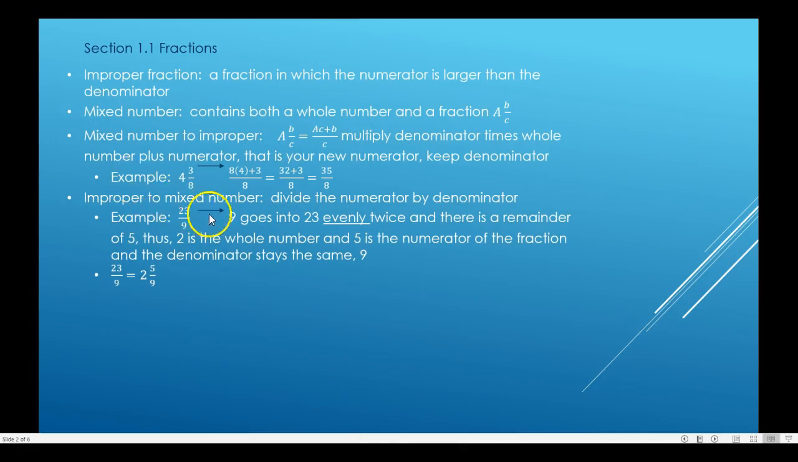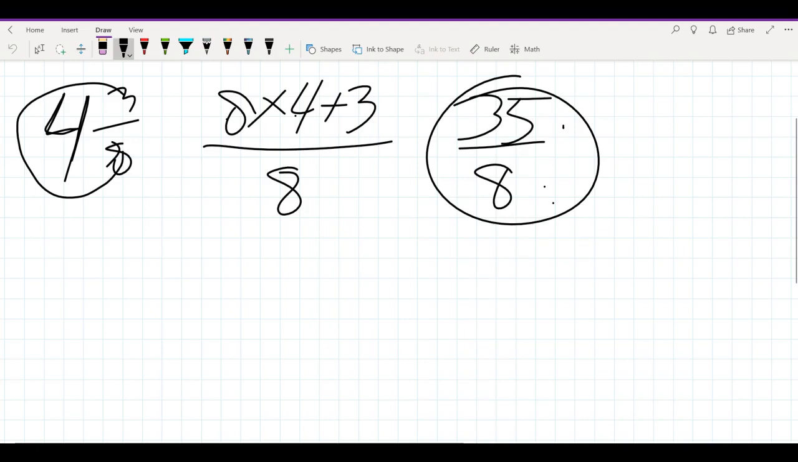Now to turn an improper fraction to a mixed number, you have to use your skills of division. You take the numerator and divide it by the denominator. So let's look at 23 over 9. You have to think to yourself, 9 goes into 23 how many times evenly? So this fraction is 23 divided by 9, or if you think of it backwards, it's